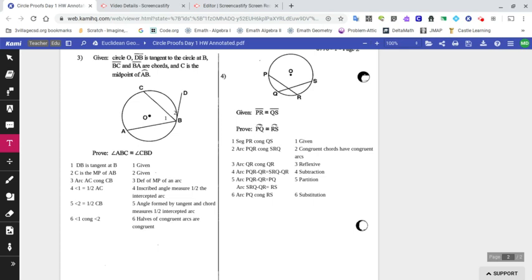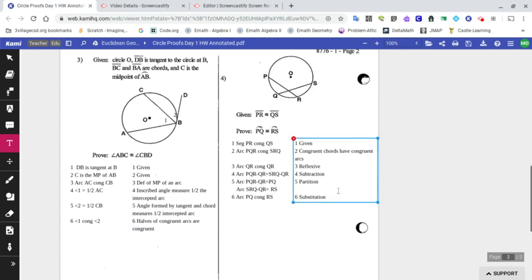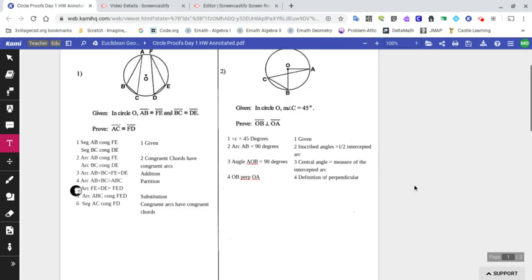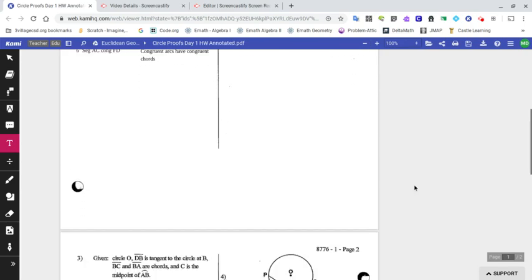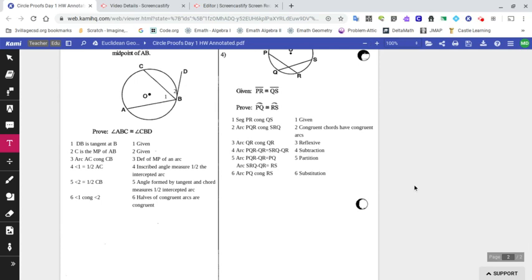So just take a look at that. Make sure you understand the subtraction, partition, substitution sequence of statements. And also in number 1, it was addition, partition, and substitution. Okay, so there it is. So those are the solutions to your first